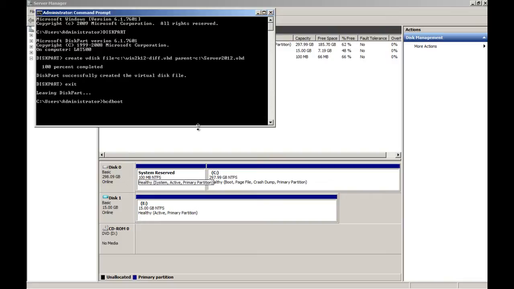So I will then create a BCD boot, E drive, Windows, and it's created the boot files, and all I need to do now is a BCD edit entry. I would then set it as a default,